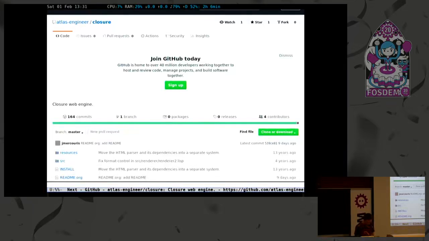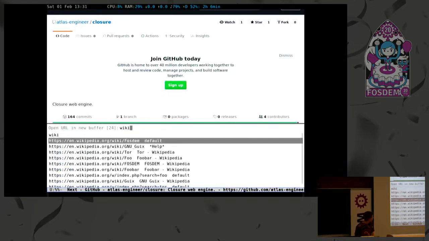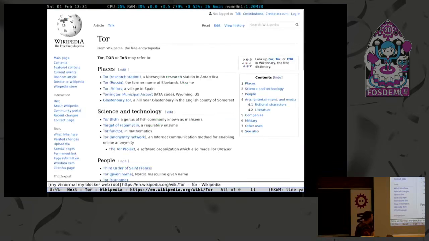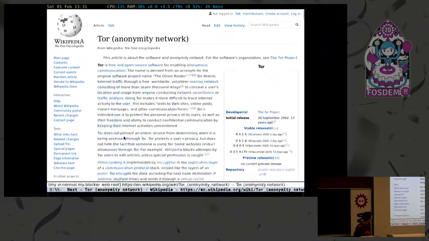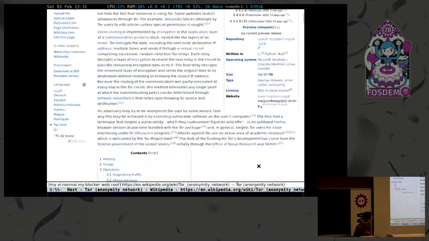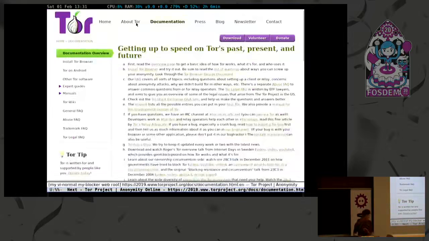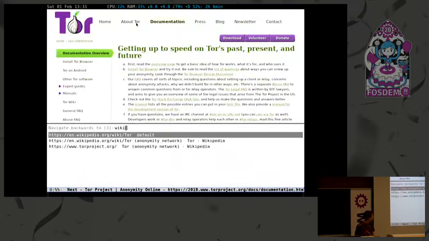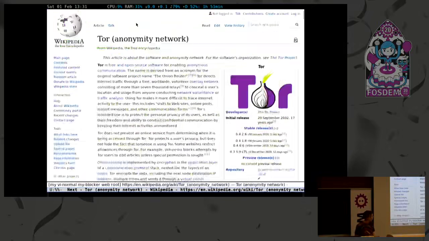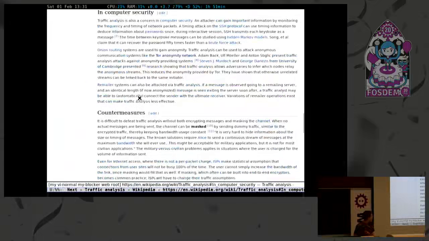What else? Let's go to Tor, and I'll start browsing. So I go to the anonymity network, and I want to go on the main page. Okay, so I go there, I start browsing, and go to documentation. Then I realize, all right, I want to go back to the Wikipedia page. So I go back to the history and go back to Tor. Now I'm going down a few more links, and at this point,